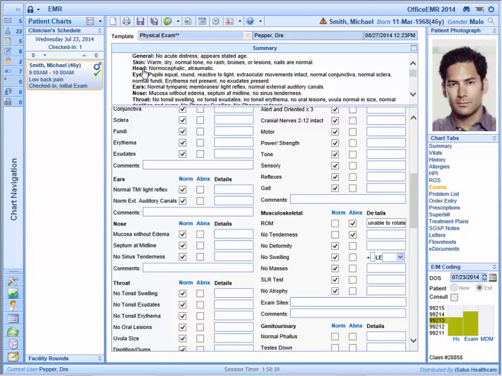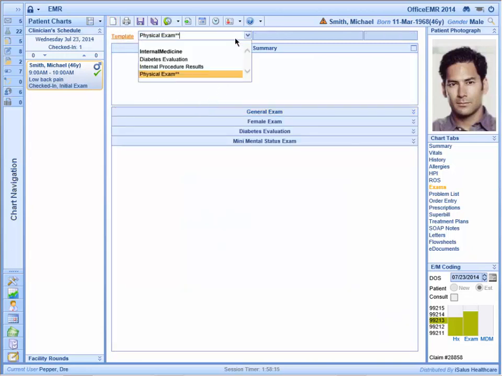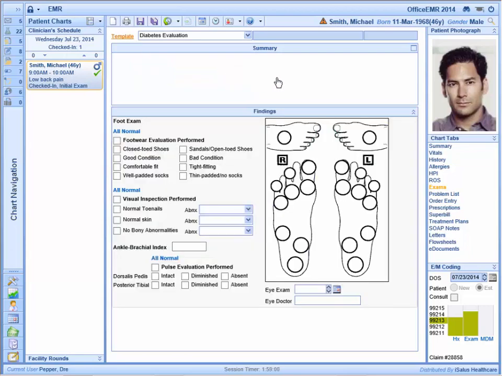Now, another common thing that you would do in exams is there may be several types of exams or objective type of information that you would like to document. So if you select the New button there in the upper left-hand corner, you'll be presented with the drop-down to allow you to see all the different templates that your user has access to. So if I would like to perform a diabetes evaluation for this patient, I can open that up, fill the information out,